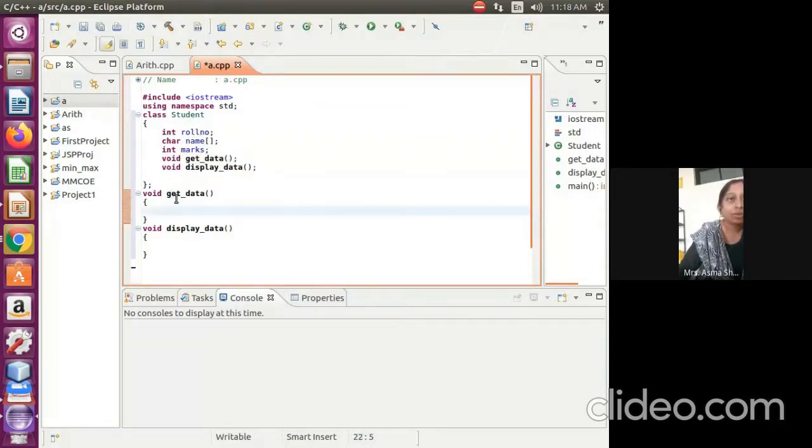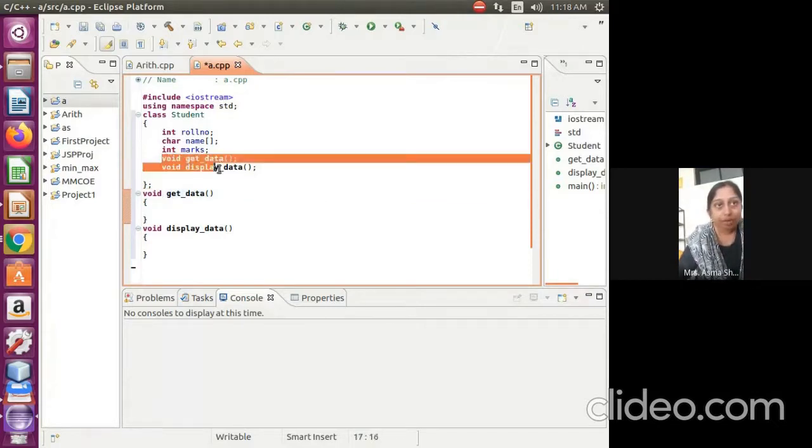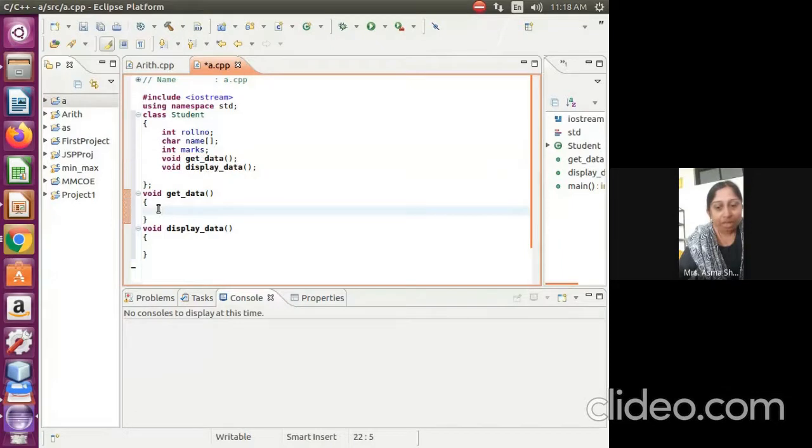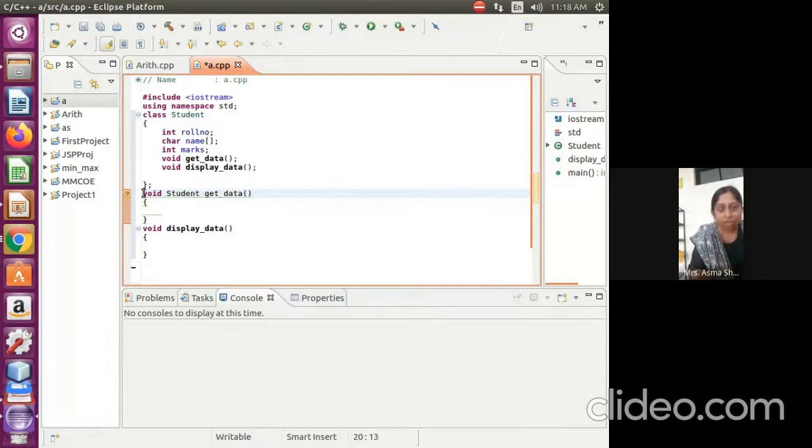So now I have to use this outside my class. I have to use this outside my class. So here always remember to access outside a class, these are the member functions and I'm writing them outside my class. That time I have to use a scope resolution operator. So scope resolution, how to use? I have to write a return type first, then I have to write a class name second, then the scope resolution operator. Again I'm going to tell you, return type first, then the class name, then the scope resolution operator. Scope resolution operator is like this, double colons if you see, and my function name.